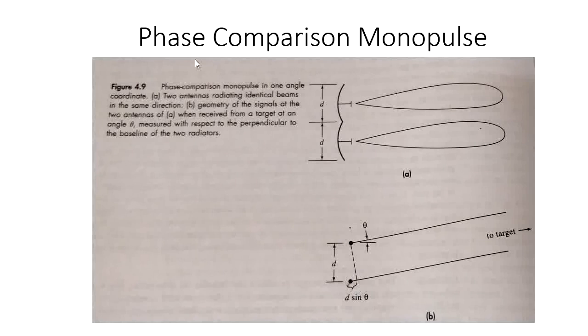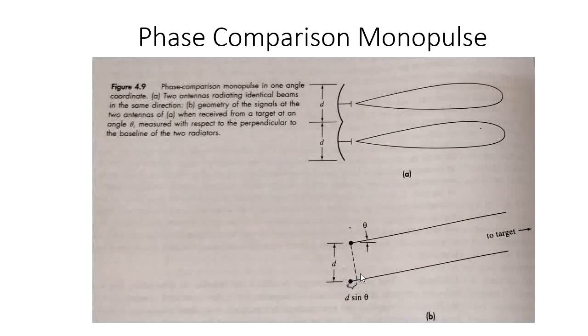That is what we call phase comparison monopulse. Phase comparison monopulse is used to identify the moving target, whether it is following the predicted path or not, by using phase comparison. How can we use phase comparison? By using the two antennas. The two antennas are located on the same axis, but this antenna receives the echo signal earlier than the second antenna. Why? Because the first antenna is nearer to the moving target compared to the second antenna.